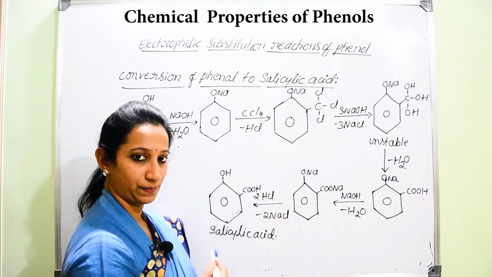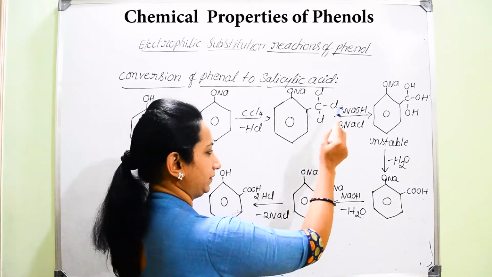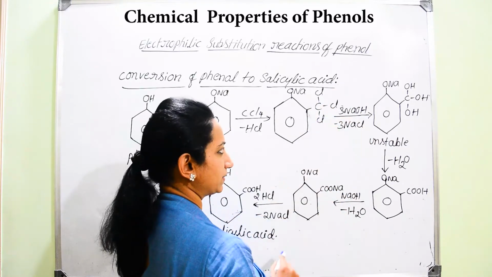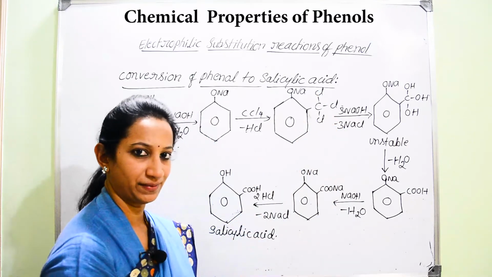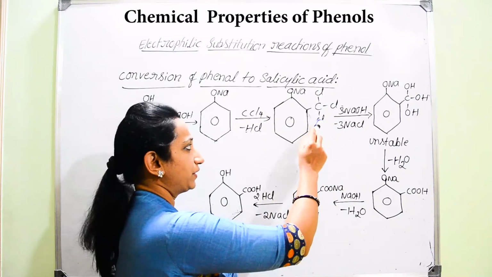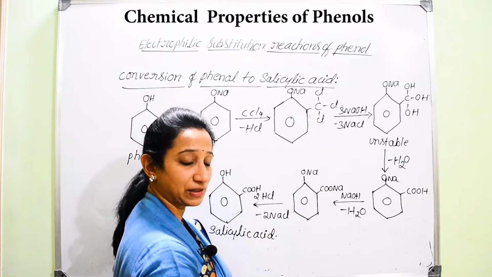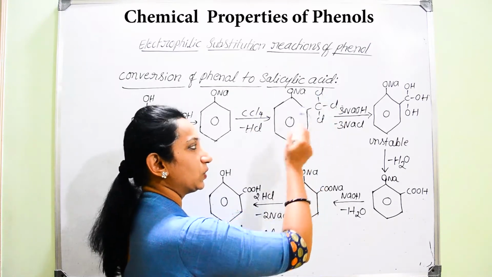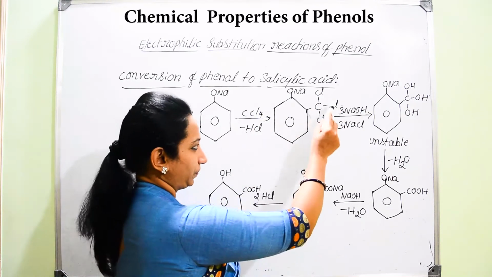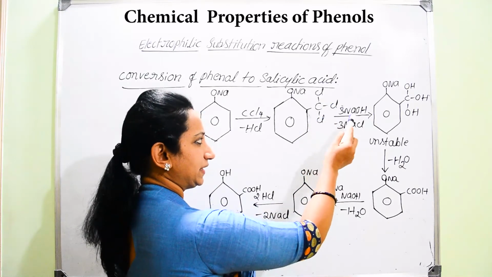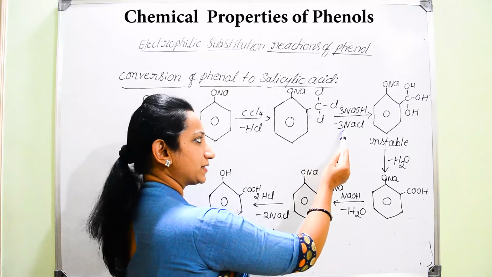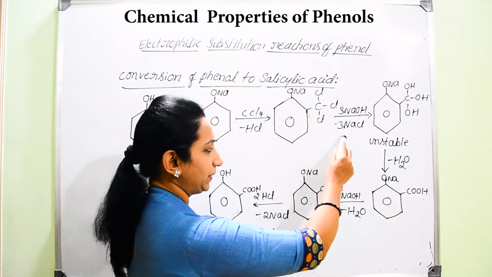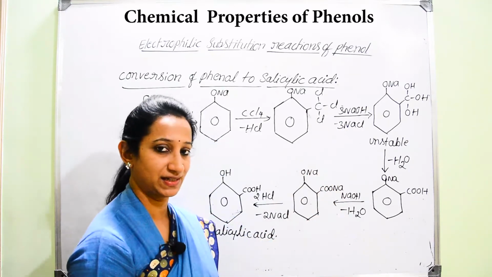Now, this intermediate compound is said to be unstable, and here sodium hydroxide again interacts with these chlorine atoms. There are 3 chlorine atoms as you can find here. In the previous reaction, we got only 2 chlorine atoms because of CHCl3, the chloroform. But here in the case of the carbon tetrachloride reagent, we will get 3 chlorine atoms after substitution. Now, these 3 chlorine atoms will easily interact with Na and result in the formation of NaCl. That means which molecules are removed here? There will be removal of 3 molecules of NaCl here.